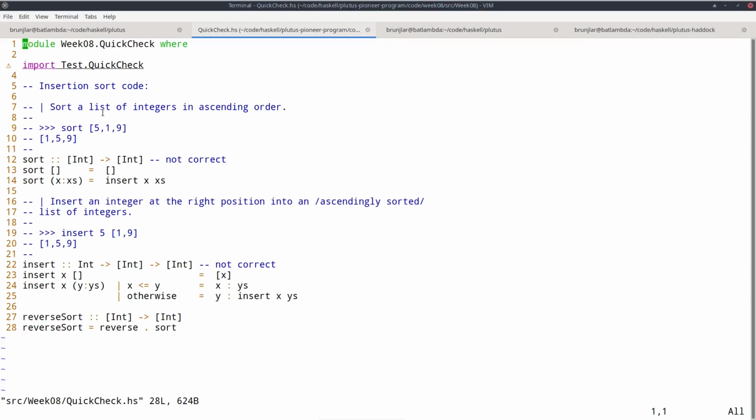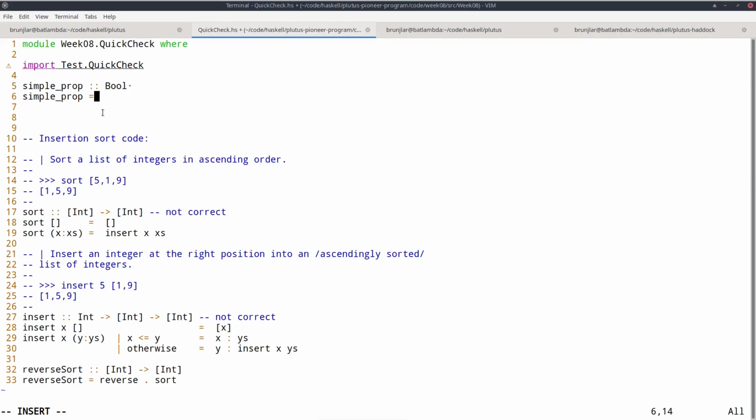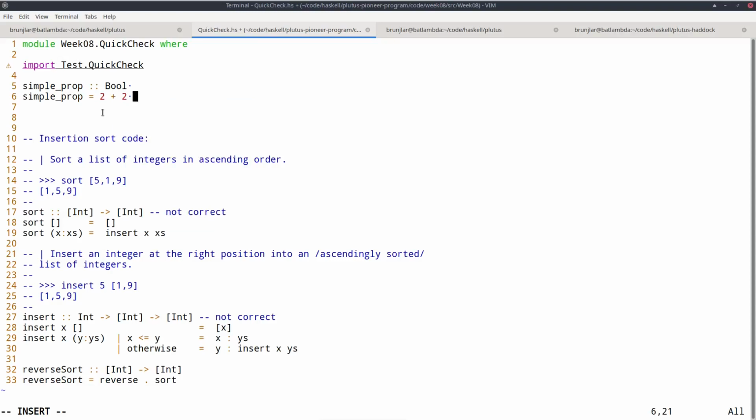But before we go to that, let's first look at vanilla QuickCheck for pure Haskell programs. In particular, property-based testing subsumes unit tests. So unit tests are just a special case. So we can have a very silly, simple unit test, something like simple prop, just of type Boolean, something like 2 plus 2 equals 4.